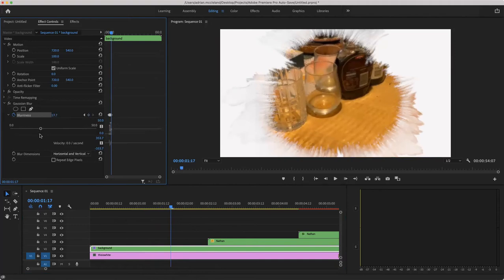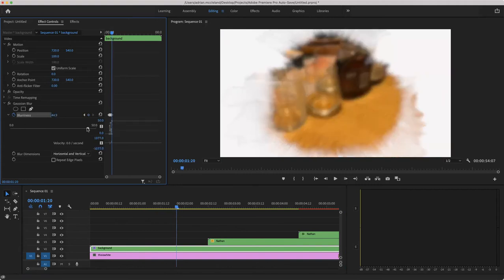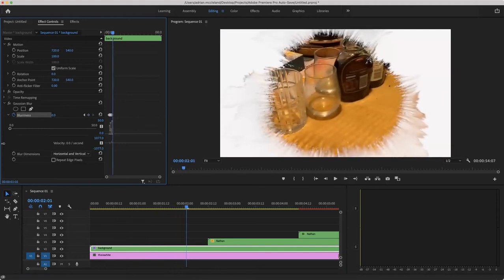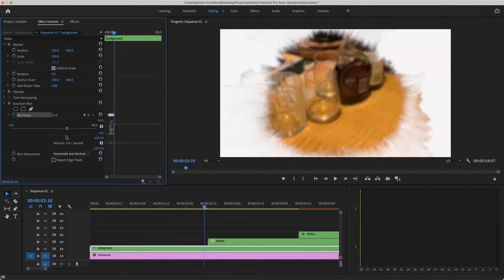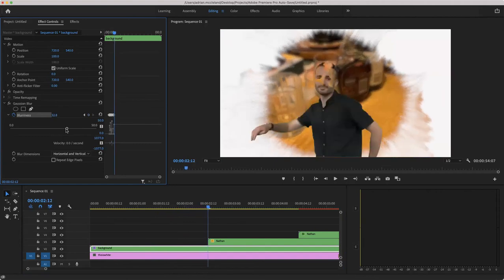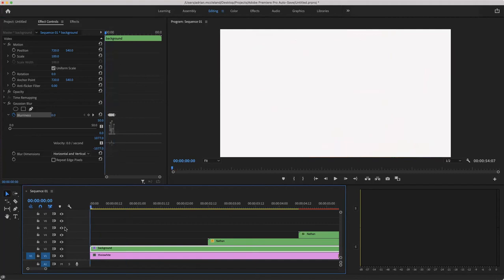So I can flick it up a bit, 1, 2, down, 1, big blur, 1, all the way down, 1, 2, 3, 4, 5, 6, 1, 2, 3, or we'll take it all the way up to where Nathan is, and then I'll drop it right back down to clear. So if we play this little bit,